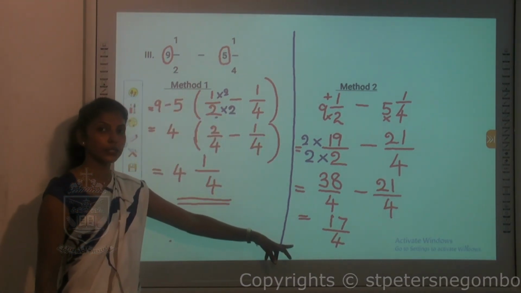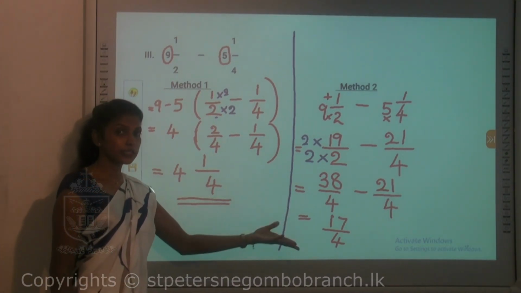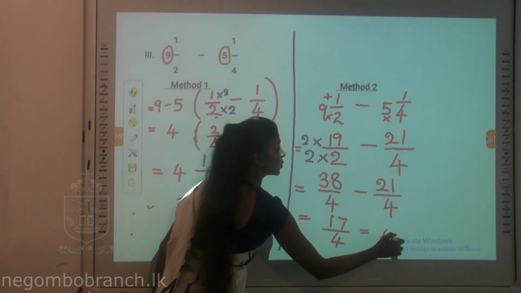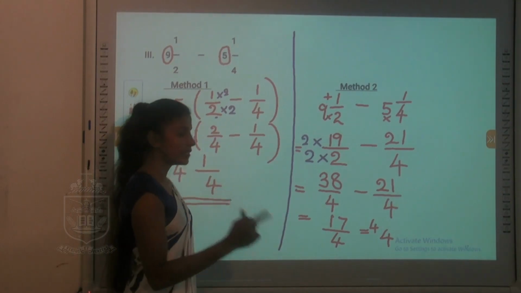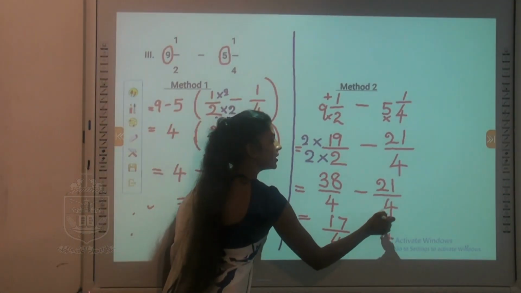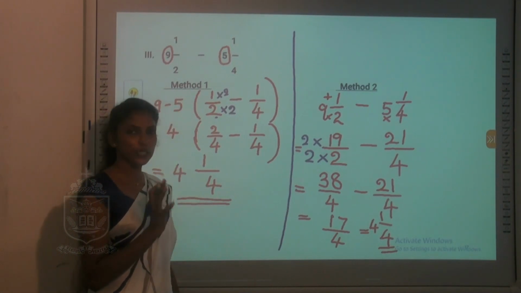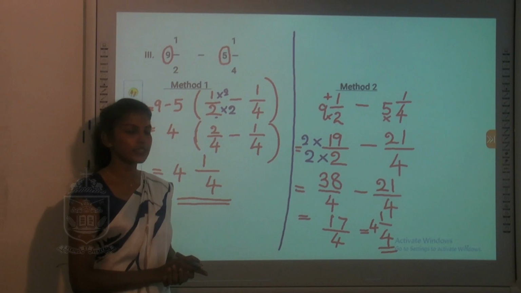You have to convert it into a mixed number. Since it is an improper fraction, you have to convert it into a mixed number. So you can convert it into improper as we know that 4 times 4 is 16. 16 plus 1 will give you 17. So I am doing it in the simplest way that I can do without going to divide or the other method. So you all can also do it in that method.